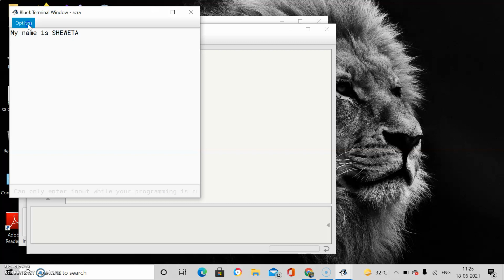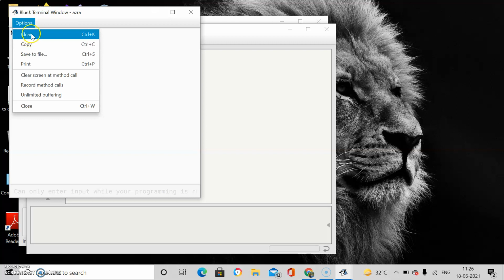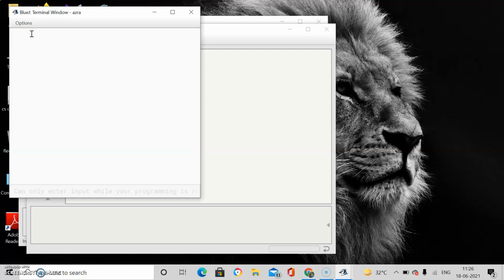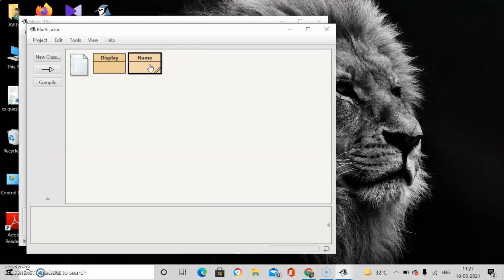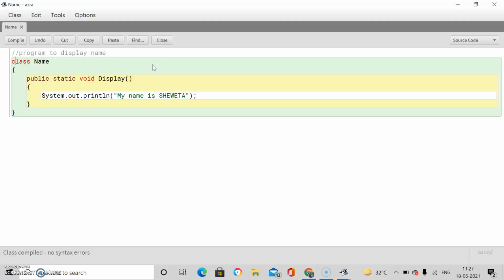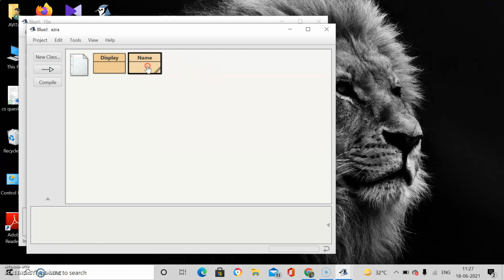Now I have to close this window. Before that I will choose the clear option from options to clear the screen, as next time whenever I execute this program again, I will not get the previous output on the screen. If I do not remove this, what will happen? I am going to tell you. Suppose I execute again. Compile, as I made one correction, that's why I compiled again. Now right click, select the function void display.